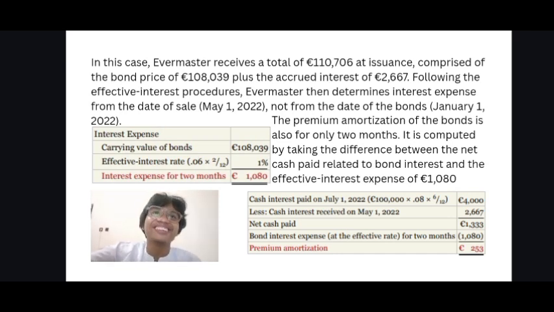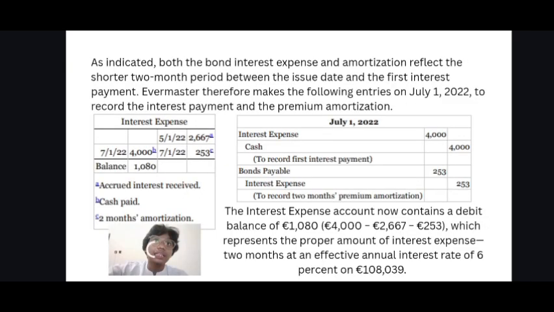Following the effective interest procedure, Evermaster can determine the interest expense from the date of sale, May 1st, 2022, not from the date of the bond, January 1st, 2022. So, as shown in the chart, the premium amortization of the bond is also for only 2 months. It's computed by taking the difference between the net cash paid related to the bond interest and the effective interest of 180. As indicated, both the bond interest expense and amortization reflect the shorter 2-month period between the issue date and the first interest payment. Evermaster therefore makes the following entries on July 1st, 2022 to record the interest payment and the